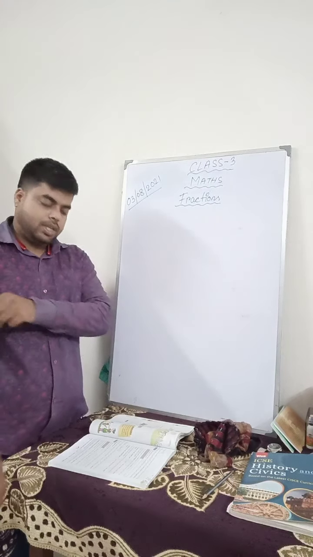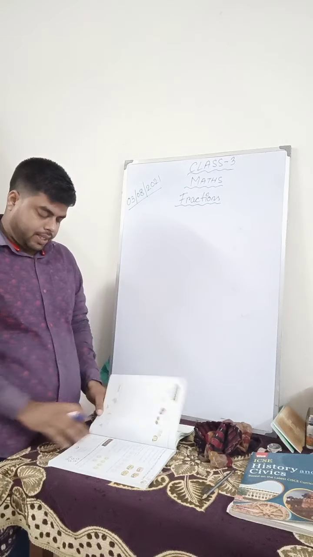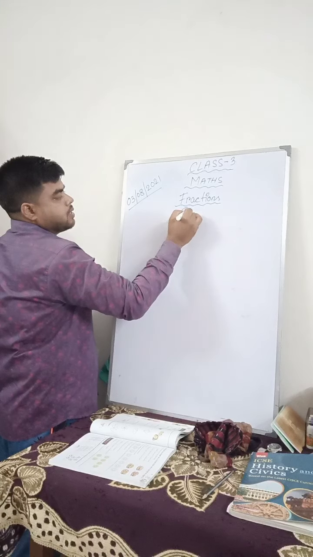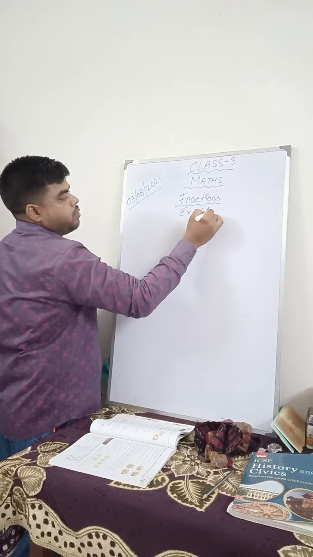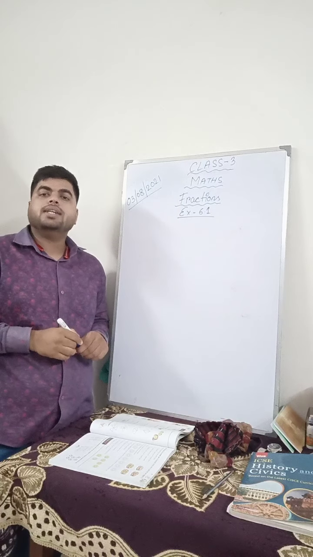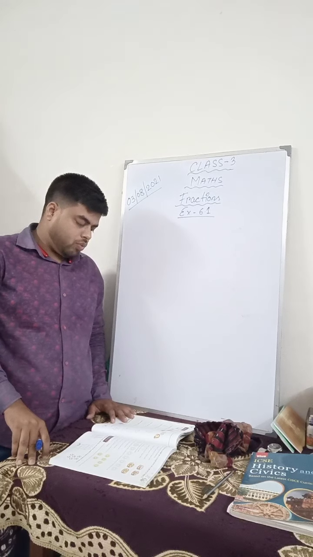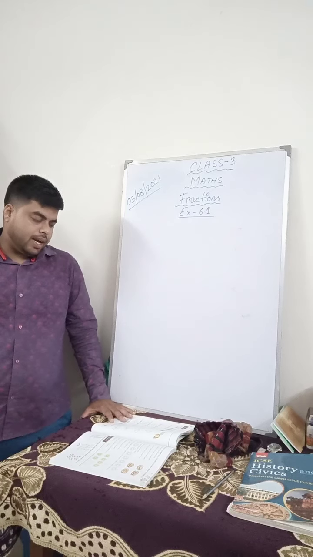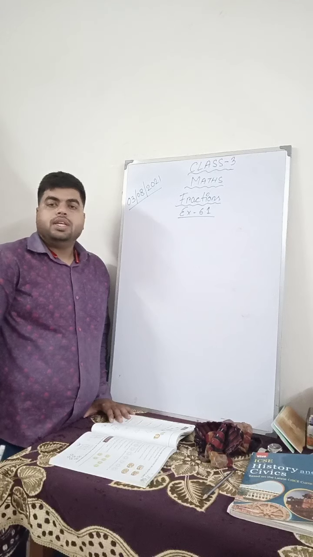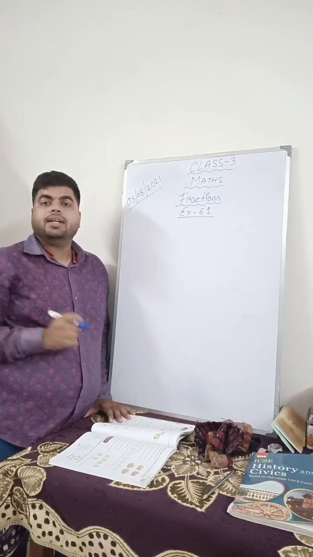I hope all of you have seen yesterday's video, that is the introduction. I have explained what a fraction is, so that today we can start with the exercise. Today we will start with exercise 6.1, and then we will continue with exercise 6.2 also. Let us see in exercise 6.1 what they have said. Put a circle around the ones that are equal parts. So you have to put a circle by seeing the picture that they are equal.